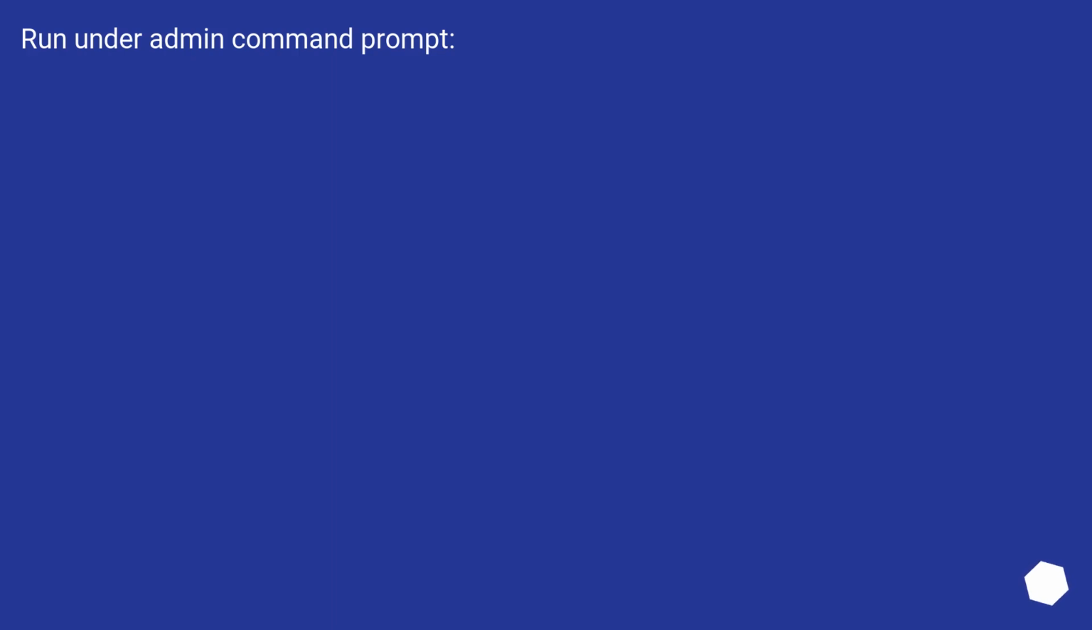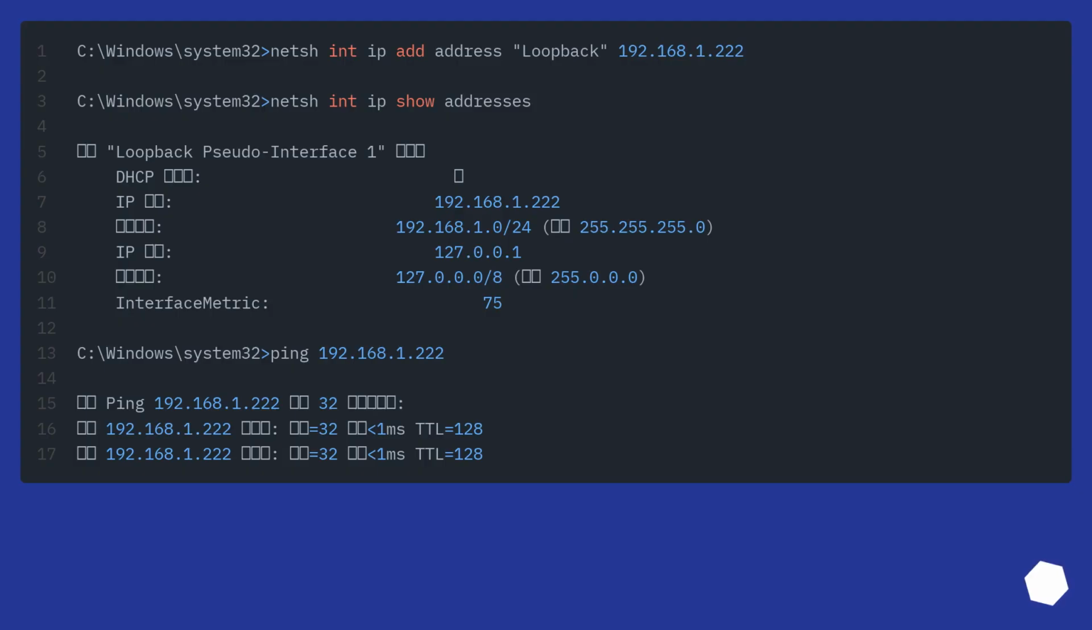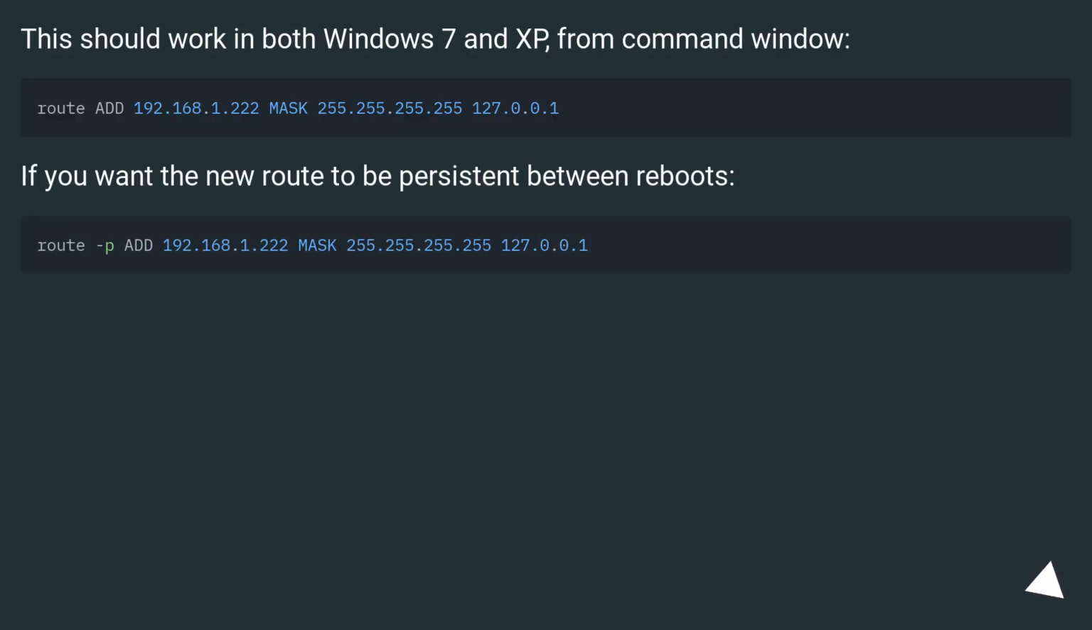Run under admin command prompt. This should work in both Windows 7 and XP, from command window. If you want the new route to be persistent between reboots,